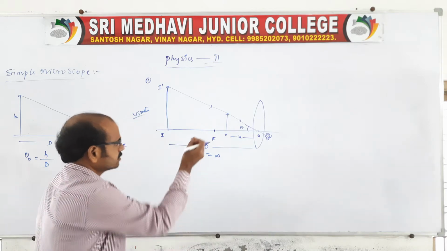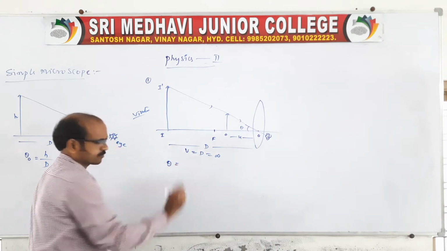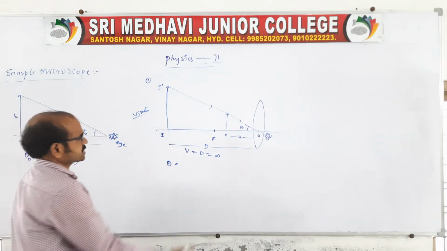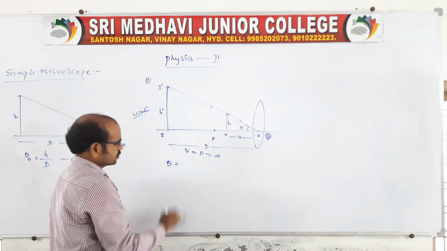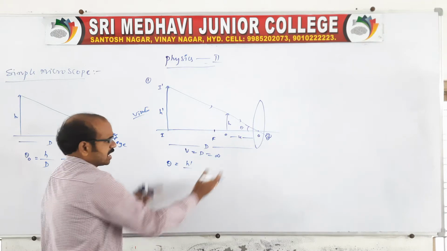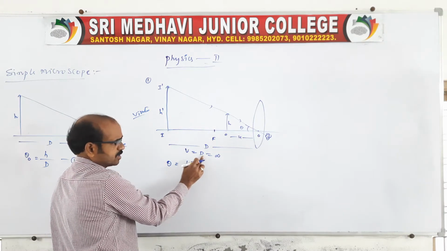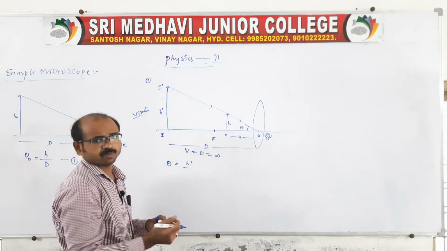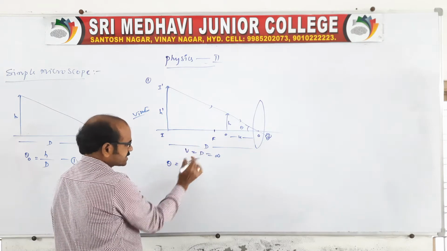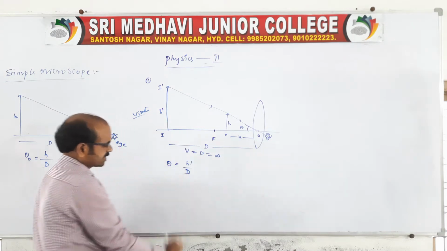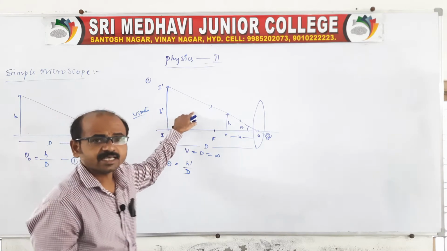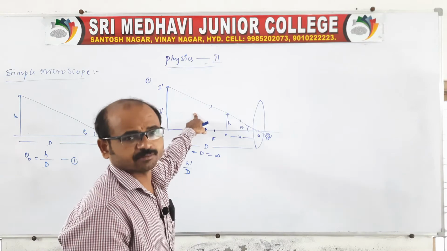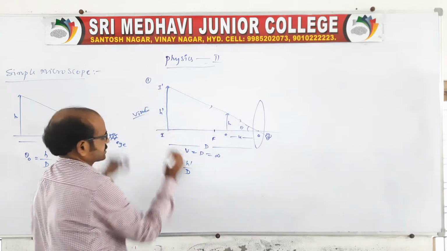Here also you write a visual angle, that is theta. So theta is nothing but the size of the image, h dash, divided by d, since the image can be formed up to infinity, so we take only the least distance of distinct vision, d. So this is h dash by d. This is the naked eye, and this is with the instrument, that is, the optical instrument we are using here, so the image will be formed like this.